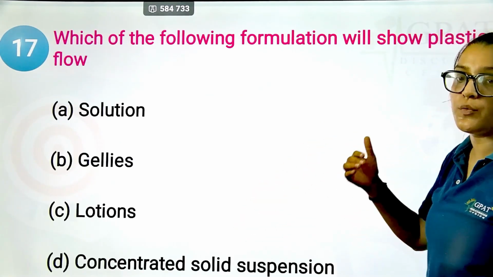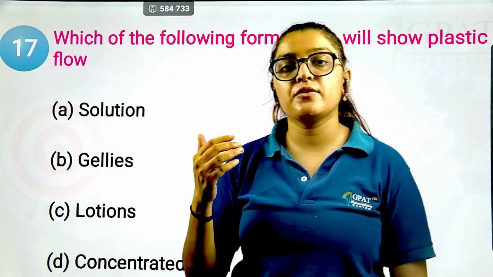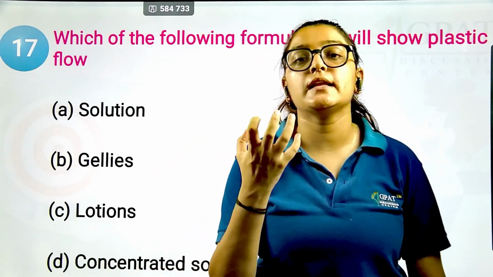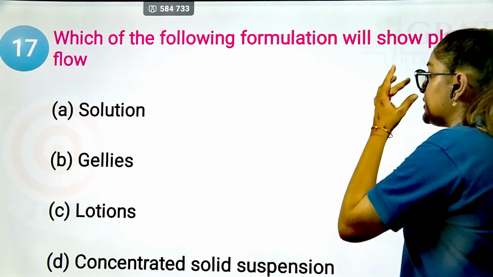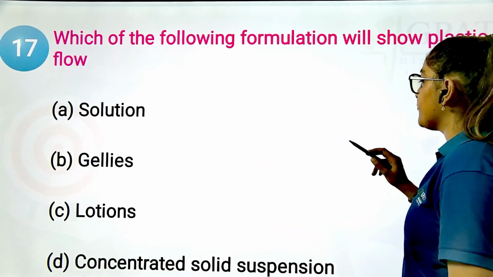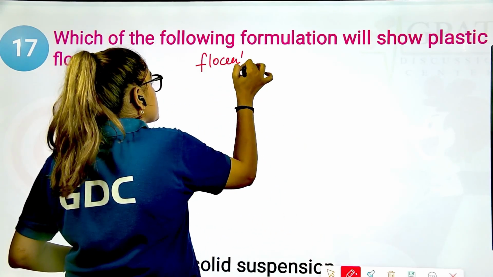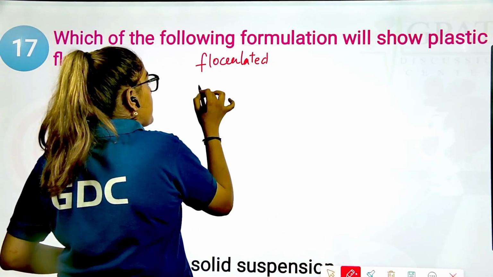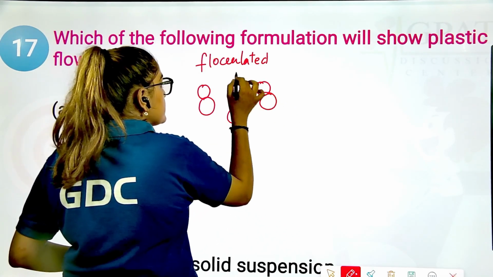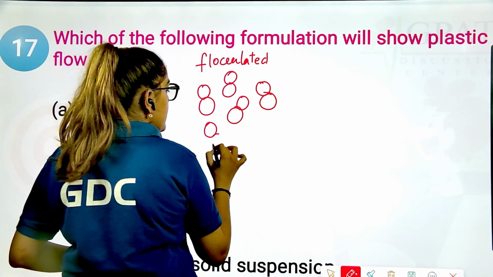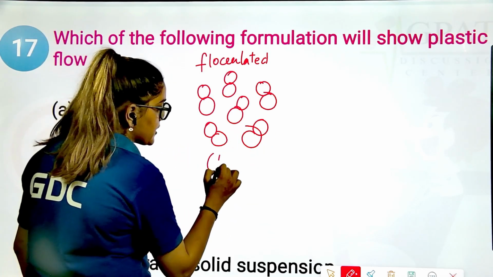Next, which of the following formulations will show plastic flow? Now, plastic flow actually requires a certain yield value, after which they will show their property. So, I will give you a simple example of the flocculated suspension. In this case, the particles have formed small flocks. These flocks are none other than our loose